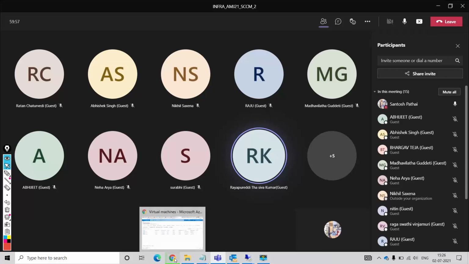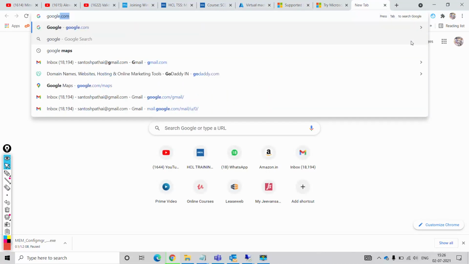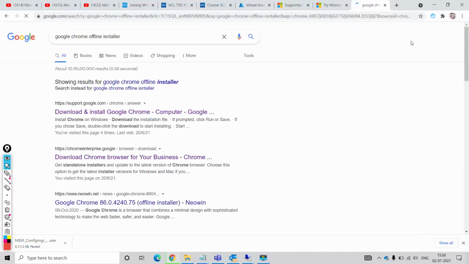So what you can do is download the Google Chrome offline installer. Don't download the enterprise version. Let me check.